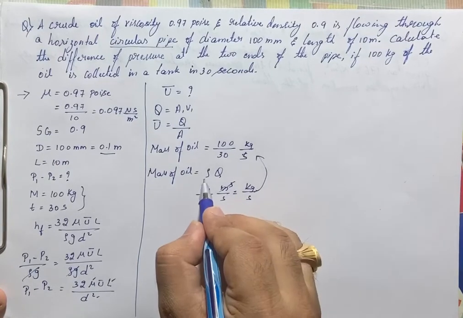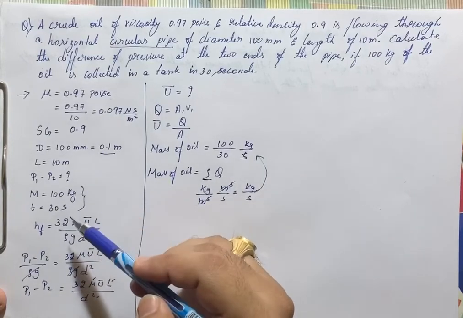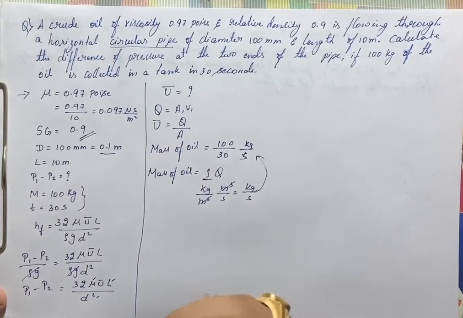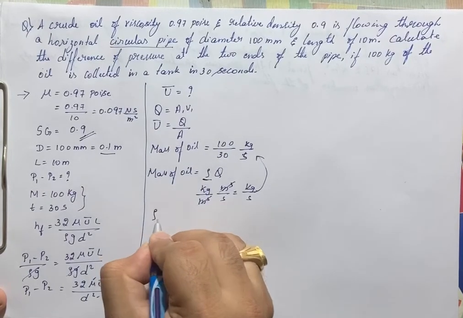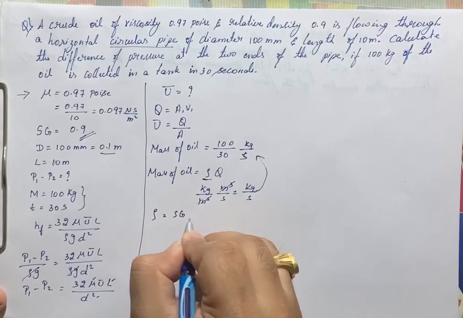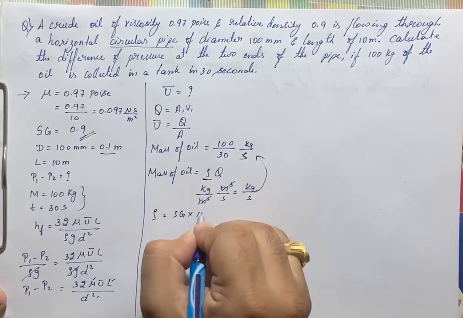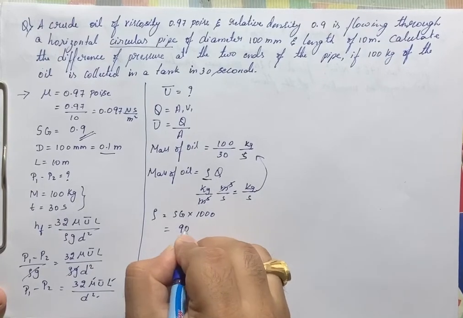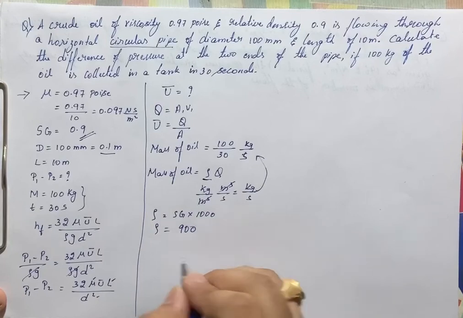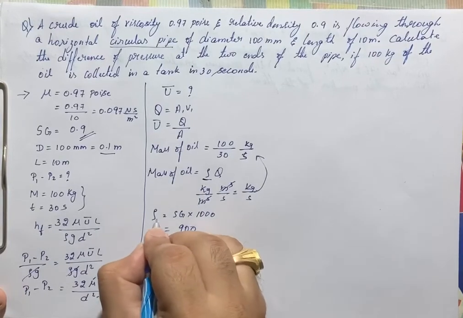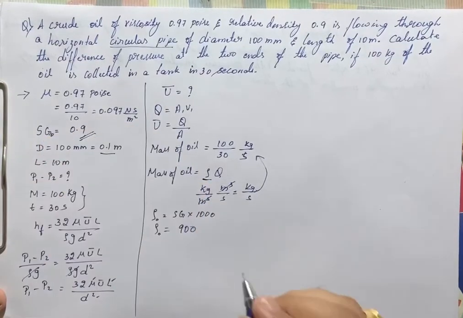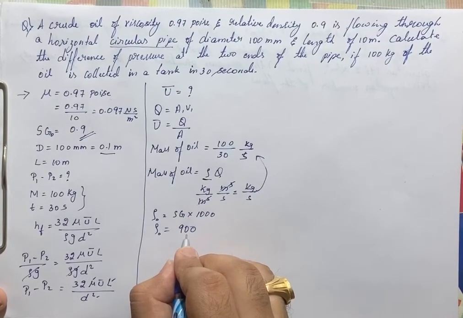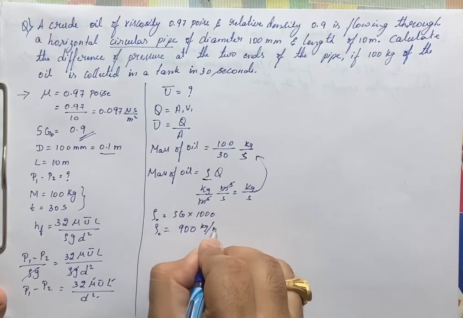Now what is density? Density has not been given again, right? Instead of density he has given the specific gravity here. Now density is equal to Sg of the fluid into 1000, this is the density of water here, right? So I'll be getting 900 as the density of the oil here, right? Density of oil, I write it as rho O so that it will be easy for us to make any changes. Density is given as 900 kg per meter cube.